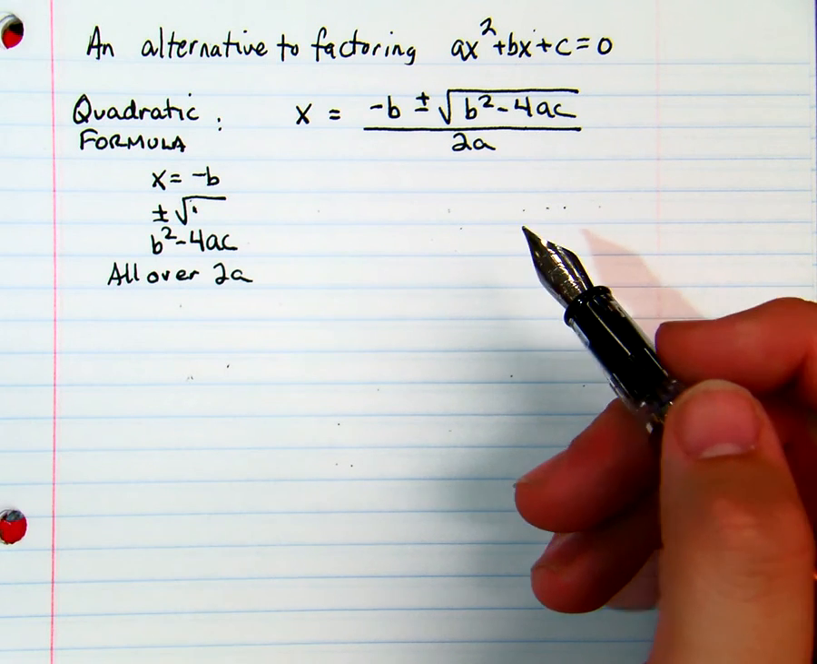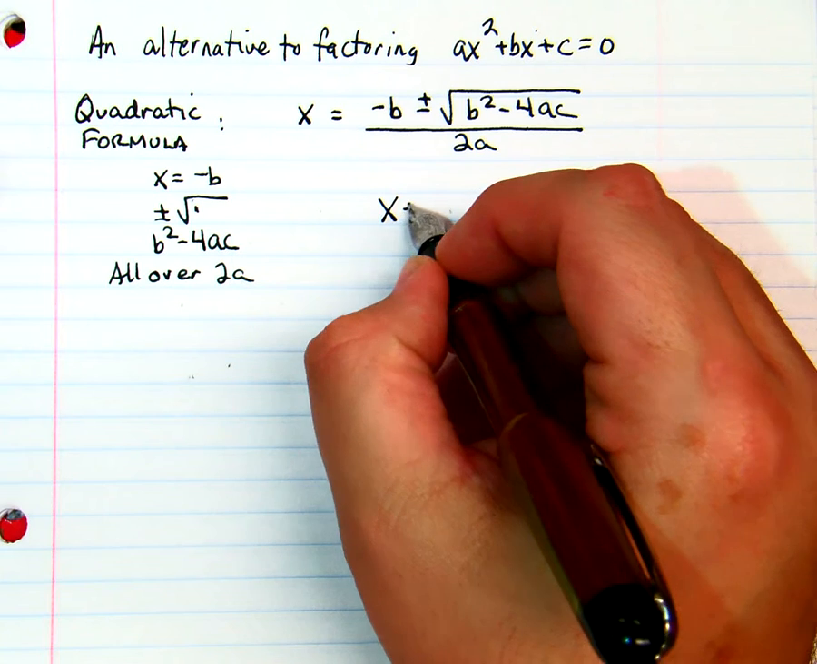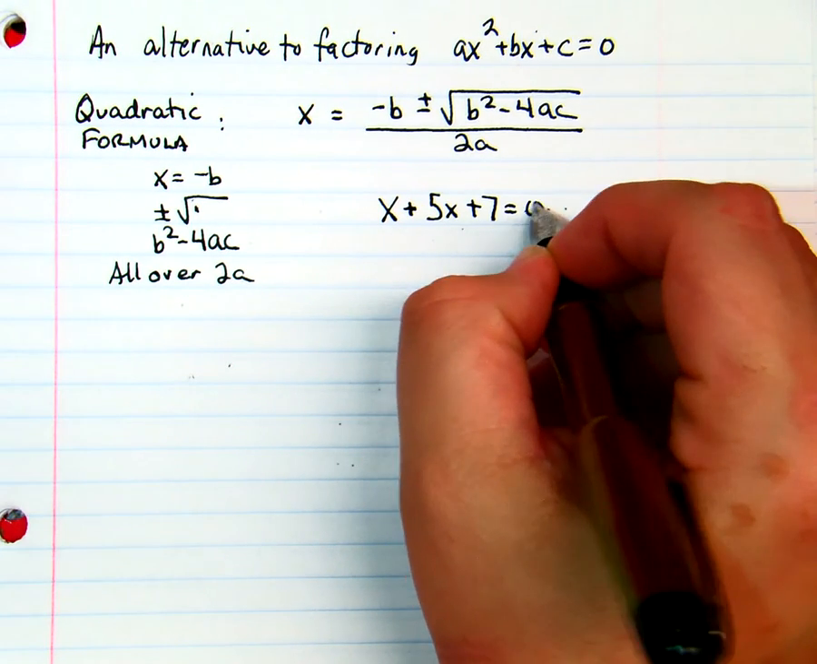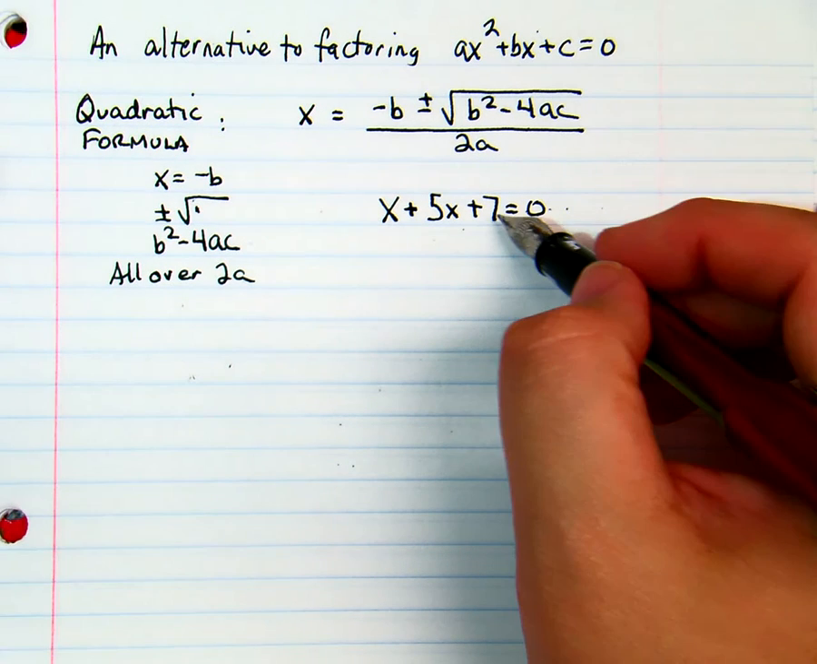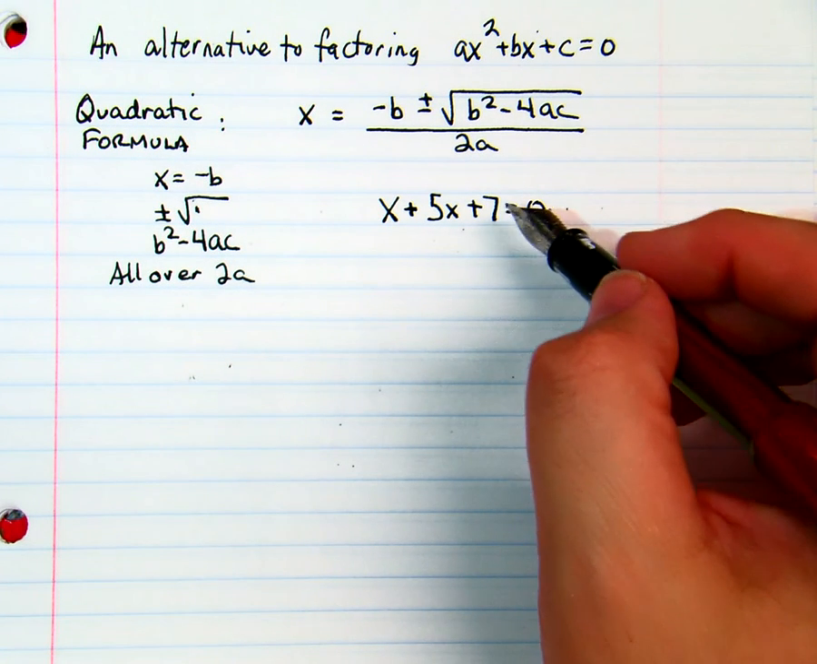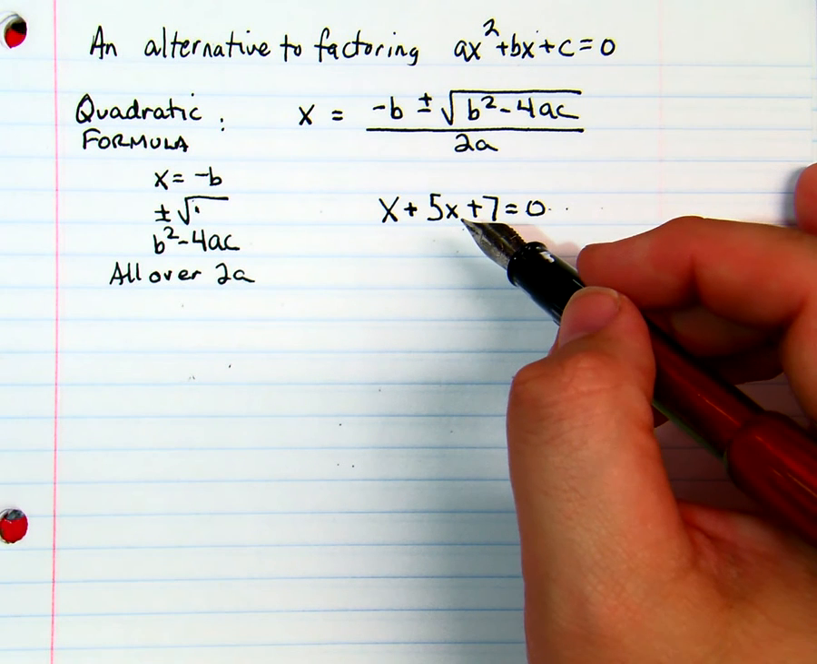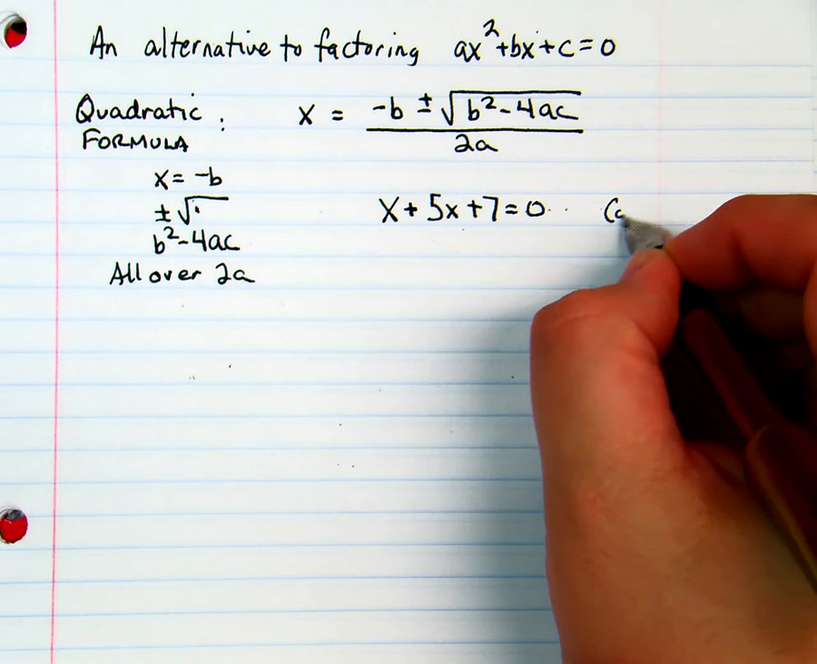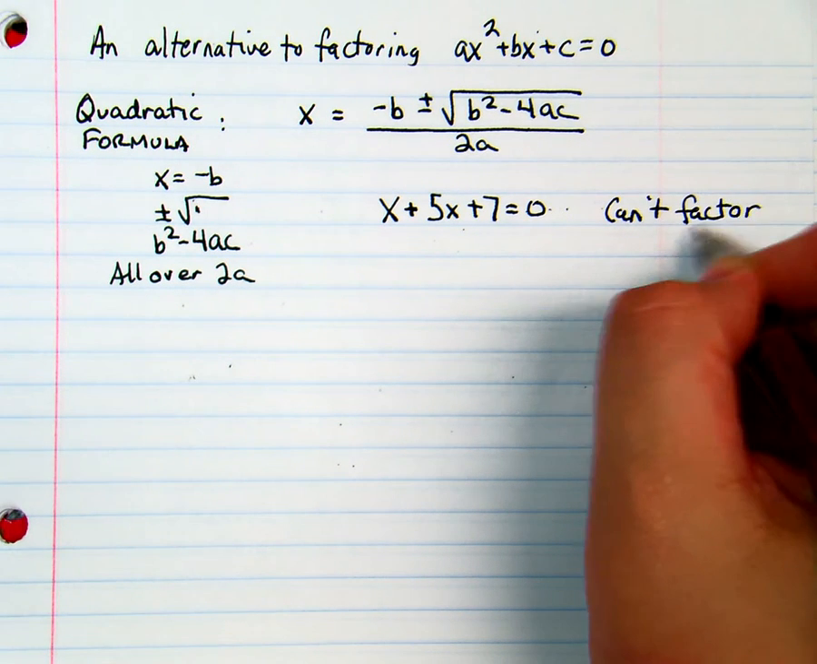Well, let's take a look at this guy. x squared plus 5x plus 7 is equal to 0. Are there two numbers that I can multiply to get 7 that would add up to 5? No. So in this case, I can't factor. So if you can't factor,